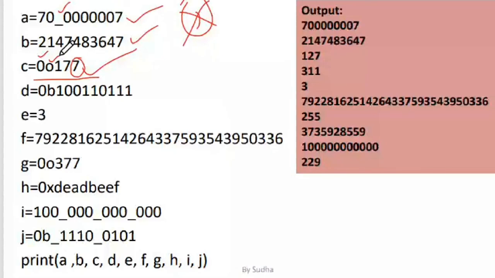This is a binary integer, which I said should start with 0 and b. When there is a 0, your compiler or interpreter will understand that it is a non-decimal number. Based on the next character, it will confirm whether it is octal, hexadecimal or binary. Since the binary digits are 0 and 1 only, all these binary digits will be converted into decimal and then put in the output.